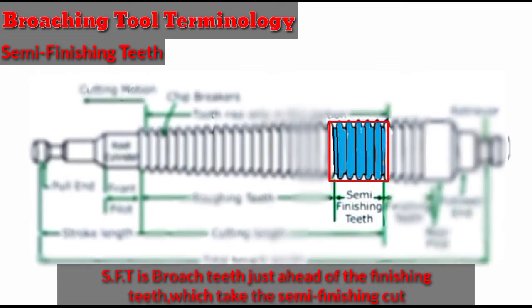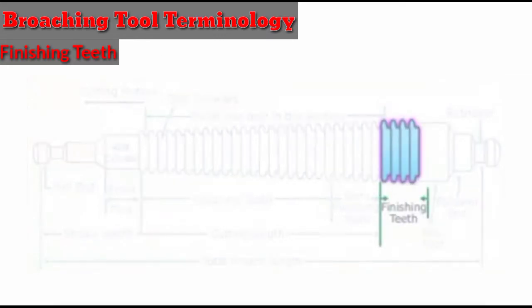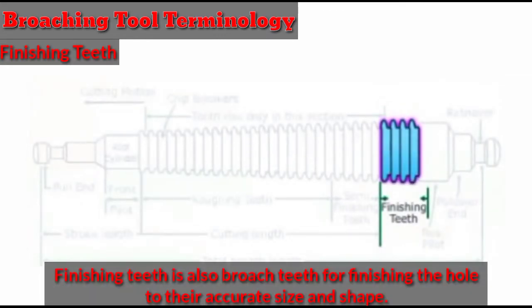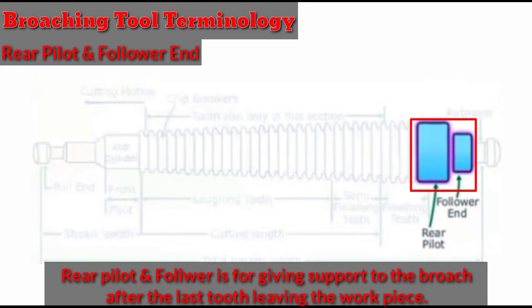Semi-finishing teeth. Semi-finishing teeth are broach teeth just ahead of the finishing teeth which take the semi-finishing cut. Finishing teeth. Finishing teeth are also broach teeth for finishing the hole to its accurate size and shape. Rear pilot and follower. Rear pilot and follower is for giving support to the broach after the last tooth leaves